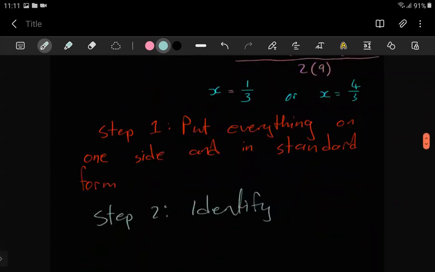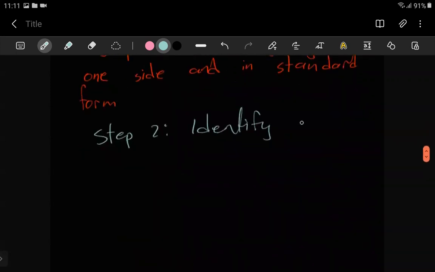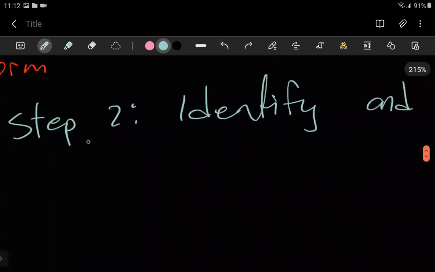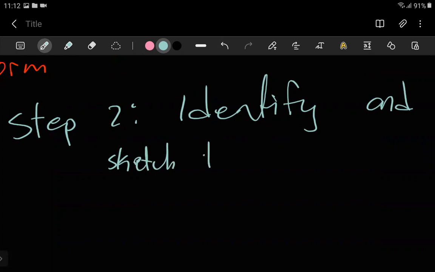So here I'm saying identify and sketch the rough